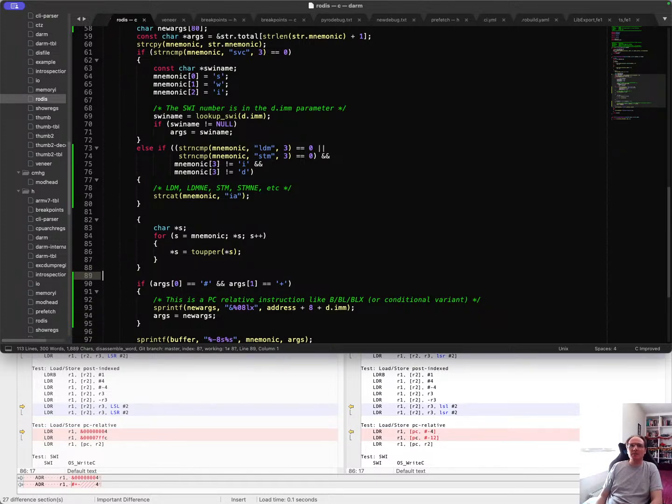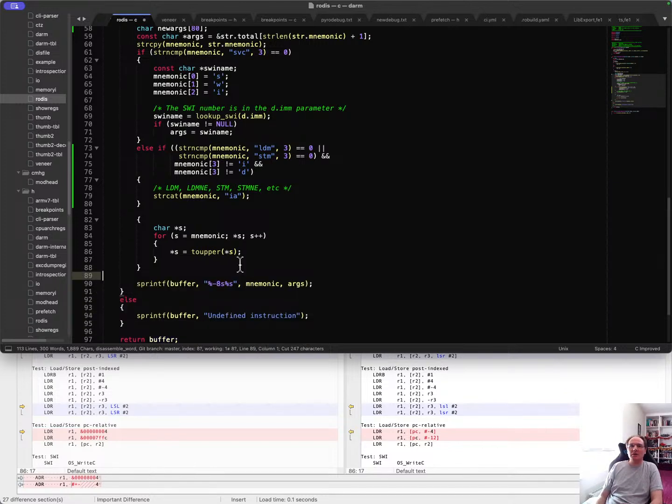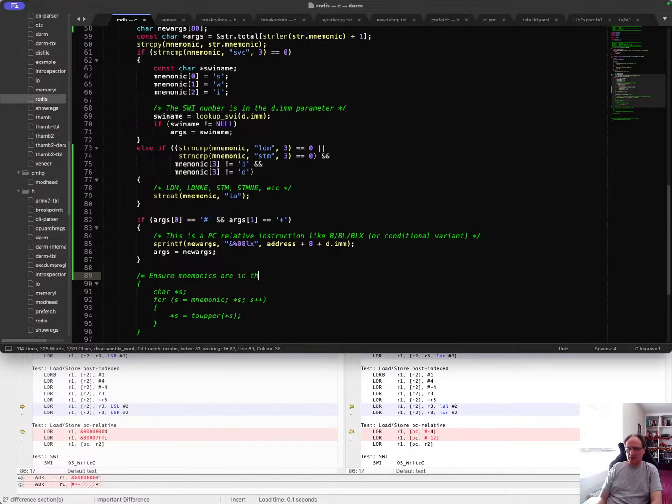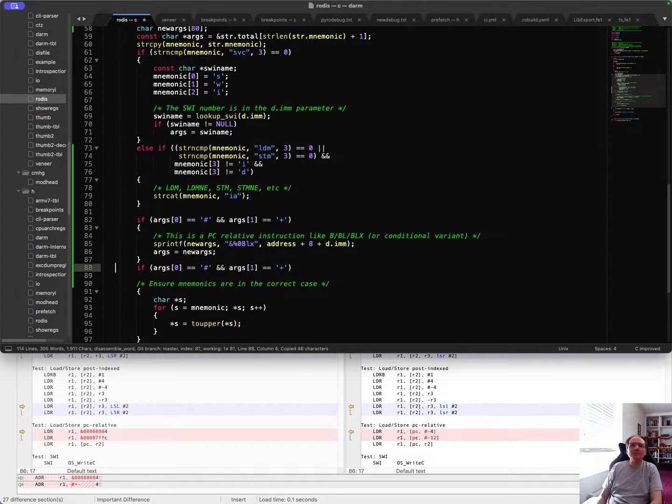I'm just thinking if I put this up here, it might make it a little bit easier to see, because then this is the ensure mnemonics case. If string comp